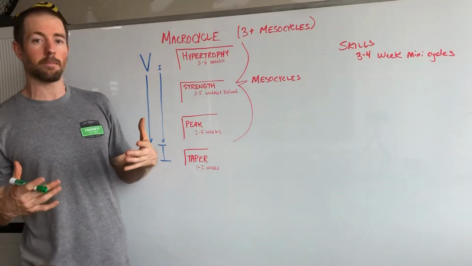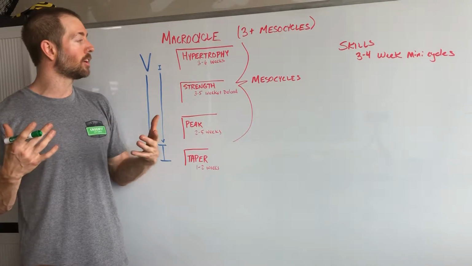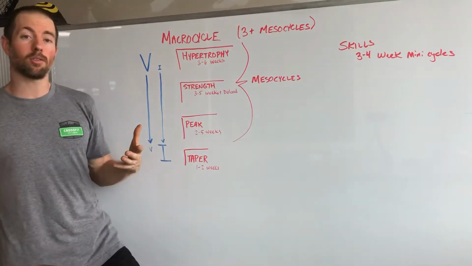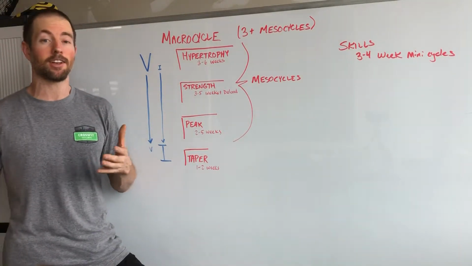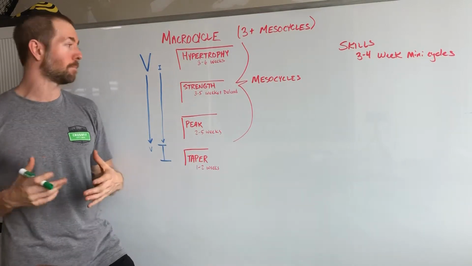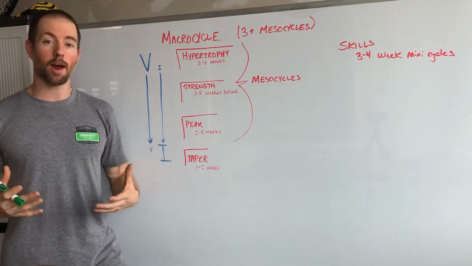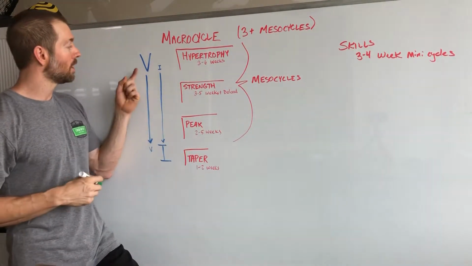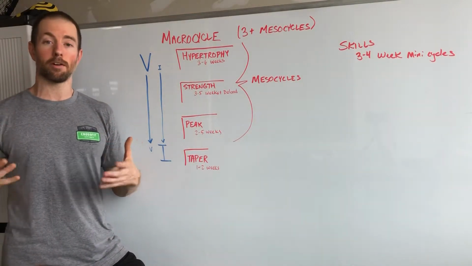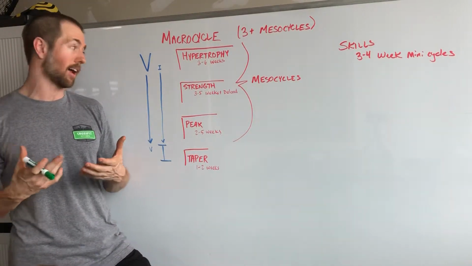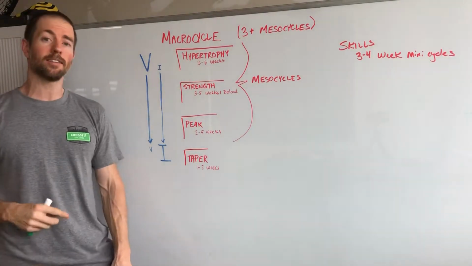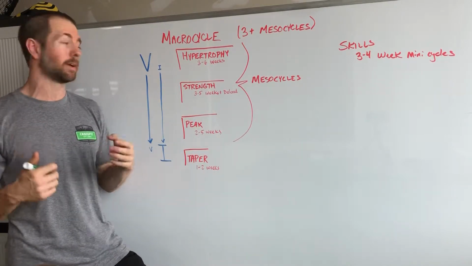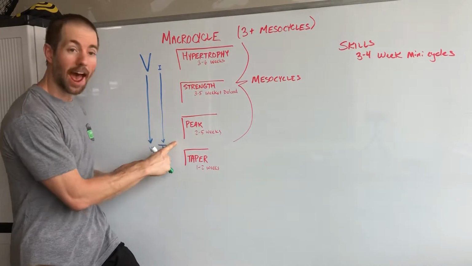Typically, hypertrophy is going to be more reps in the ranges of 8 to 20, stuff like that. Percentages to our 1 rep max, we're going to be in that 50 to 65, 70%. So it's going to be a little bit lighter, more reps to get there. So volume and intensity. What we mean by volume is basically the total number of reps you're doing multiplied by the weight you're doing it at. So in the hypertrophy phase, we're going to be doing lighter weight but a lot more reps, and that's going to add together to be a lot more volume than we're going to see kind of as we move on.